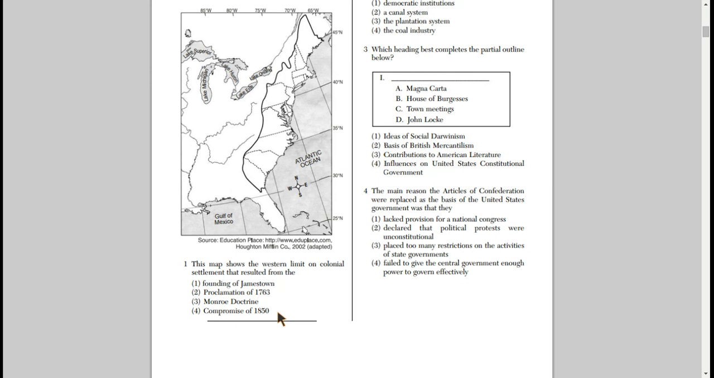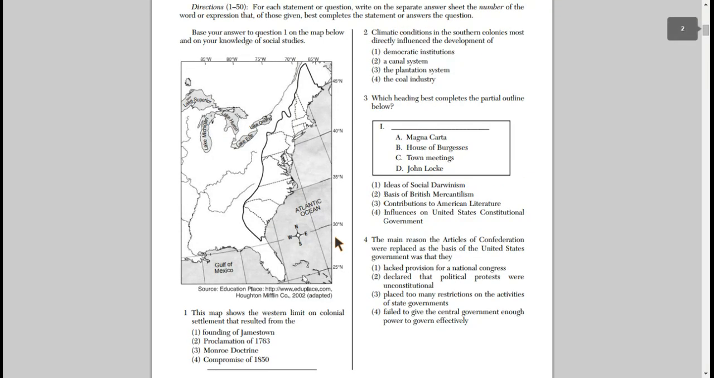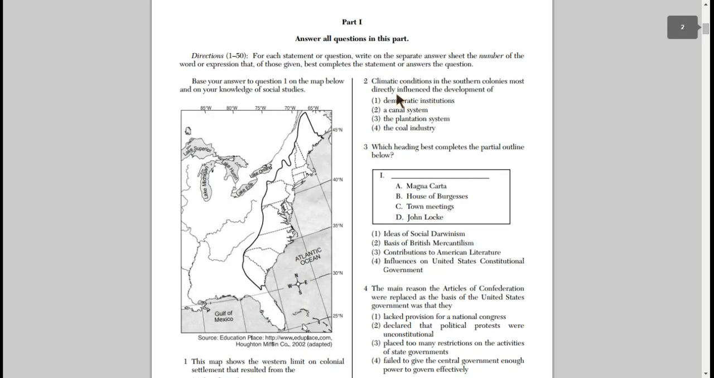of the Mexican-American War. And the proclamation line of 1763, remember, was instituted by the British government to make sure that we could not move westward. And it was just one more thing in a long line that really drove a rift between the colonists and the British Empire. All right, so 2, climactic conditions in the southern colonies most directly influenced the development of